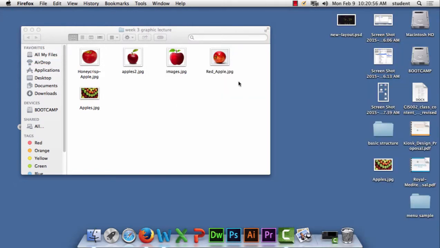Okay, in this case, I need to open these graphics up inside of Photoshop because I need to resize them. Now, you can resize them inside of Dreamweaver, but resizing in Dreamweaver doesn't really change the actual pixels in it, so you're just wasting your space. If you just scale, meaning you shrink it down in Dreamweaver, the problem is that the original file size is still there, so it's going to be big and take long to download. You really need to learn to manage your graphics, especially when people come to a cell